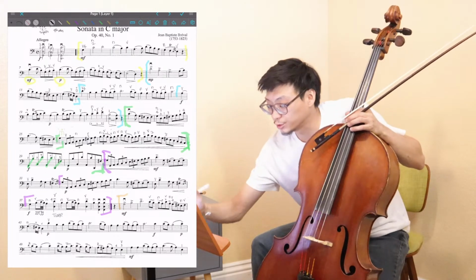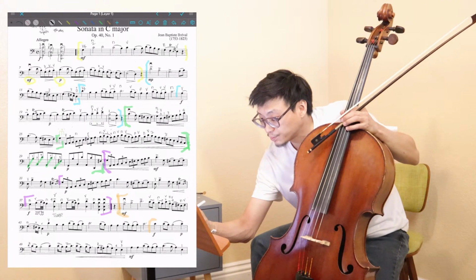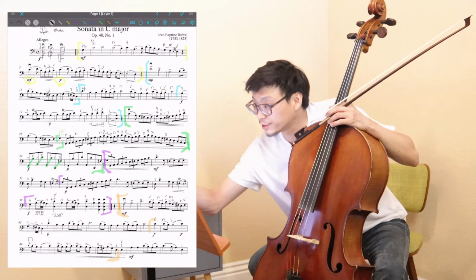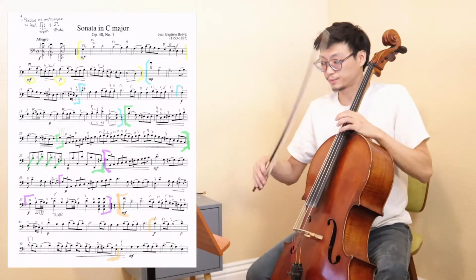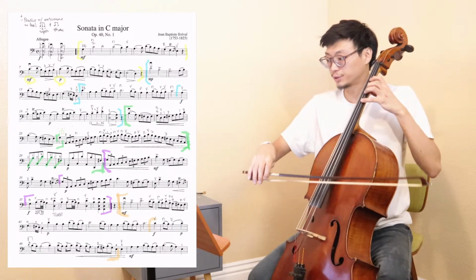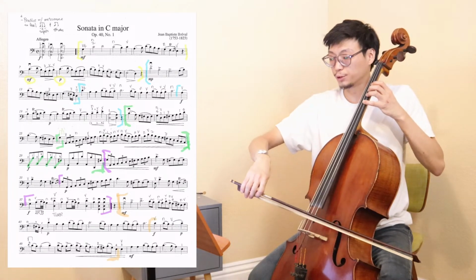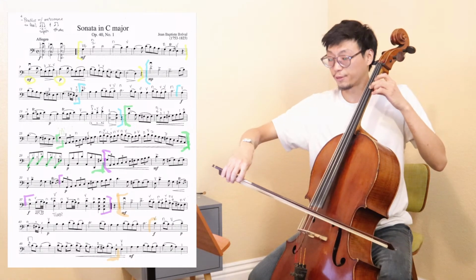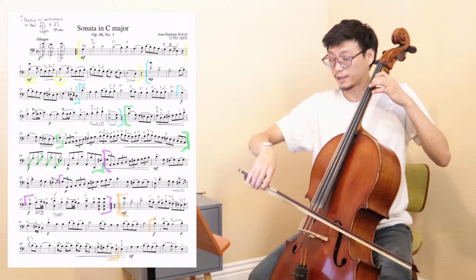So let's mark it with a sequence change. Starting up bow, let's write that down. And we're going to go until there. Let's just play once more. Actually, I'm going to start from measure 44, with a pickup. 1, 2, pickup. 2, 3. 2, 3. 2, 3, 4. And